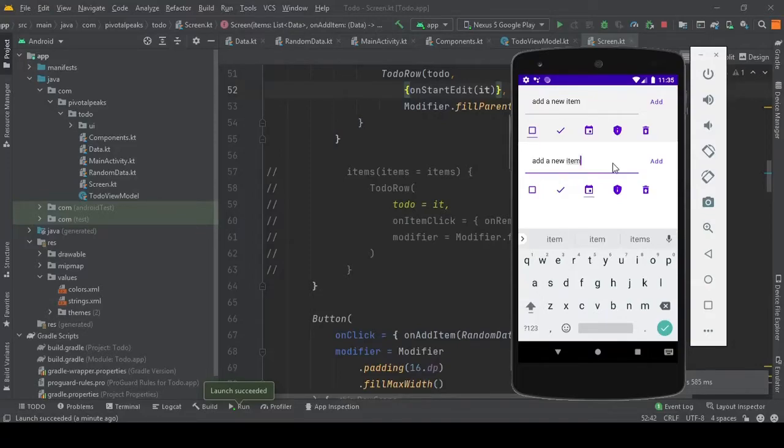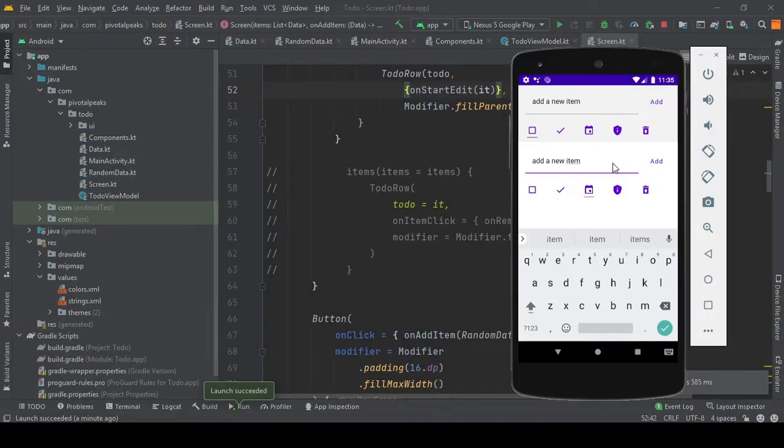So we will do that in the next video, but for now let's swap the headers so we can differentiate when we are adding a new item or editing an existing item.